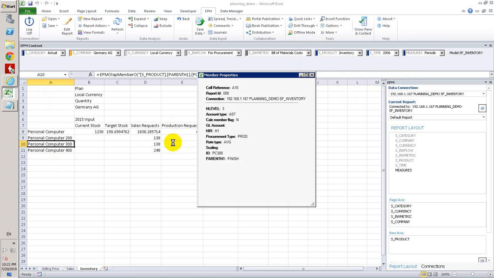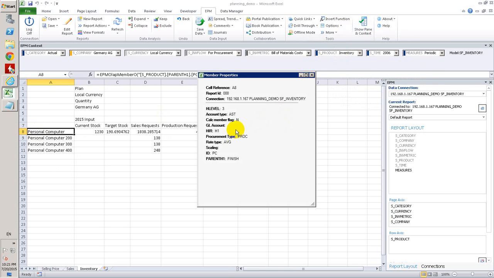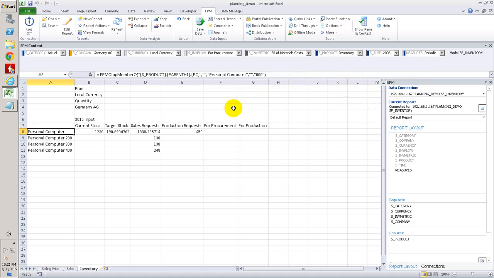There is a property called procurement type, and here you're seeing prod, and there is also proc. Here it's proc. So based on the properties, we want to set, if we don't have enough stock based on the current and target stock and also the sales request and production request, we want to calculate